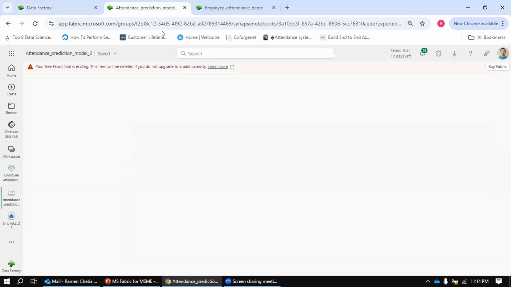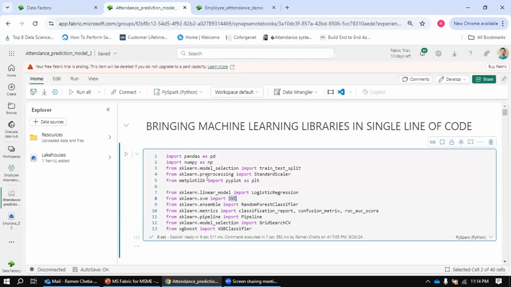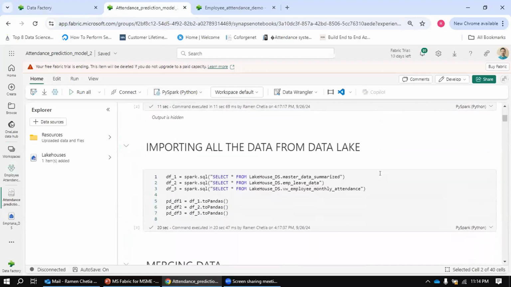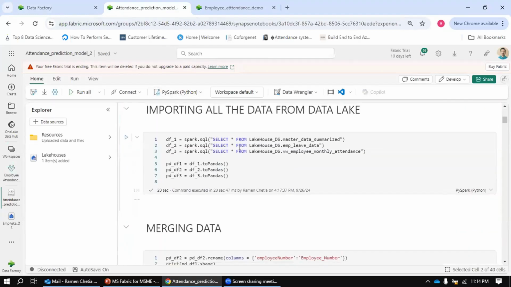So the next component of Fabric we have used is the notebooks. Fabric notebooks are similar to Databricks notebooks. They provide the flexibility of multiple programming languages. We can use Python, we can use Scala, we can use SQL, we can use R. With a single line of code, you can import data,